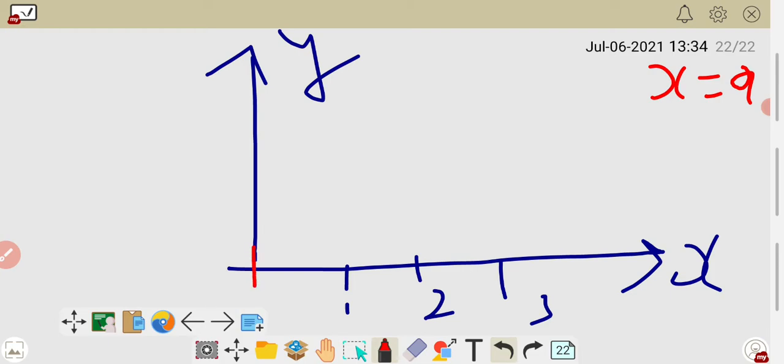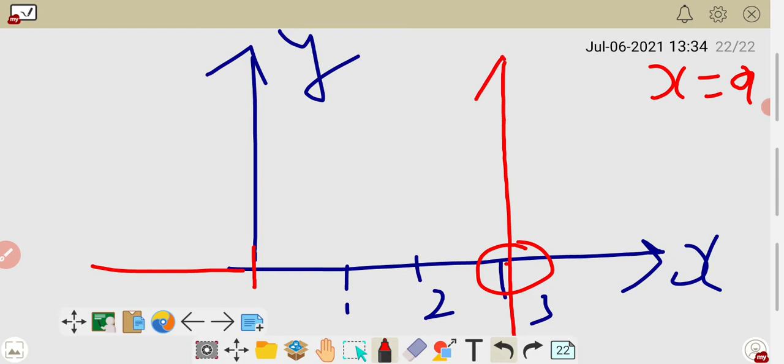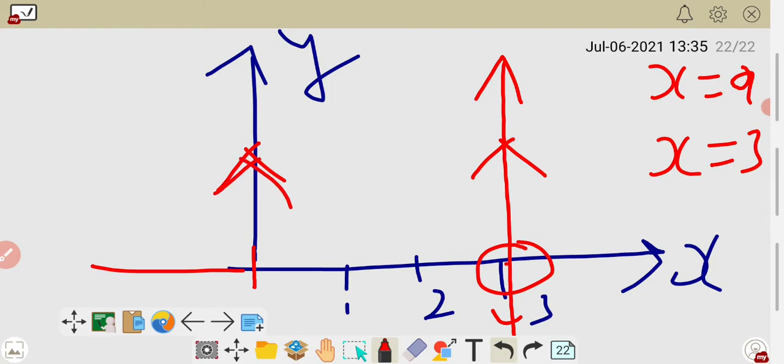So for x is equal to 3, on the x-axis you have to come to 3. Now you have to draw the line passing through this point. If you draw it like that, it will superimpose the x-axis, so it is not the accurate line. So you have to draw the straight line like that, which passes through the point 3. x is equal to a means you have to take x is equal to 3. Either you can take x is equal to 1 also and 2 also. Okay, now I am taking here x is equal to 3. So when you draw this line passing through this point, what will you get? You get one line which is parallel to the y-axis. You get one straight line which is parallel to the y-axis.